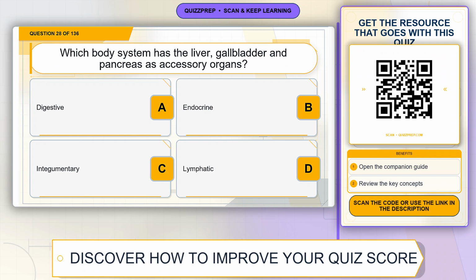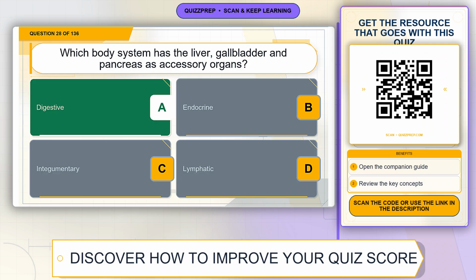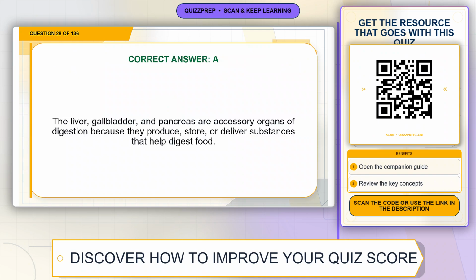Question 28. Which body system has the liver, gallbladder and pancreas as accessory organs? Option A, digestive. Option B, endocrine. Option C, integumentary. Option D, lymphatic. The correct answer is option A, digestive. Explanation. The liver, gallbladder, and pancreas are accessory organs of digestion because they produce, store, or deliver substances that help